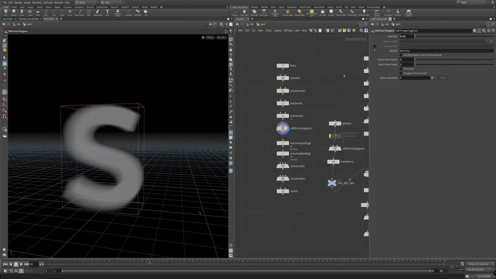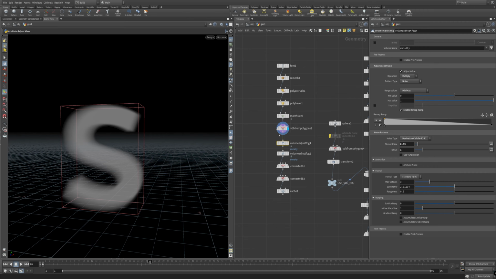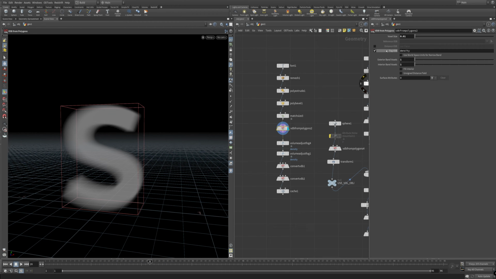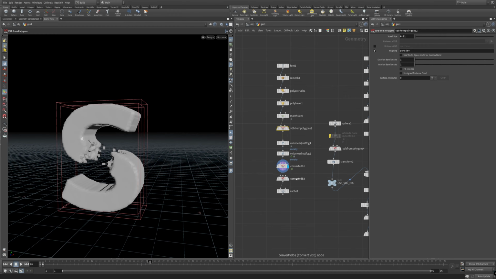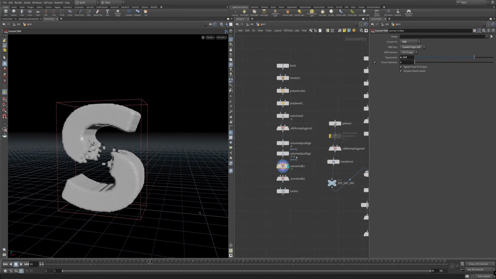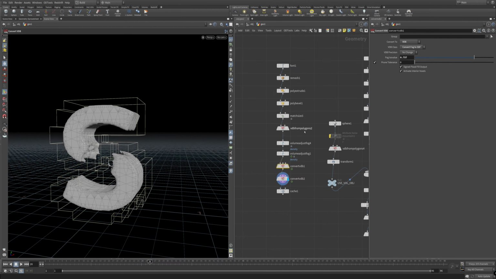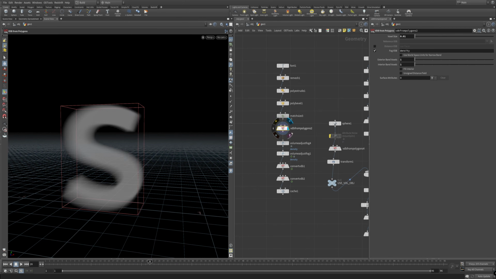Something else to keep in mind is that these do not work with normal SDFs. You have to be working with a fog VDB. I don't know if it's coming in the future, but I imagine it's just because it's easier to manipulate. I don't know the reasoning why, but I've had a great time working with it, and you can still go back to this style. You can still convert to an SDF and go back to polygons and all that. But for the time being, this is just for adjusting fog, and maybe that will update in the future.